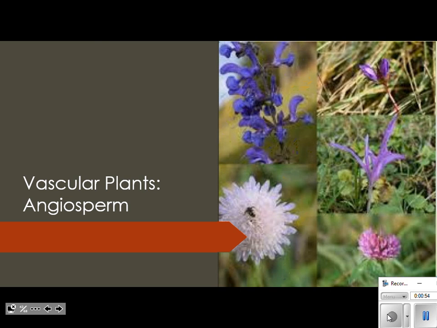Flowering plants. And you might think, is a tree a flowering plant? Well, it depends on what type of tree it is. If it's a conifer, a pine tree like we just talked about, no. Okay, but can other trees have flowers? Well, what about an apple tree? An apple tree does actually have flowers because you're going to see that an apple tree is one of these angiosperms. Okay, so